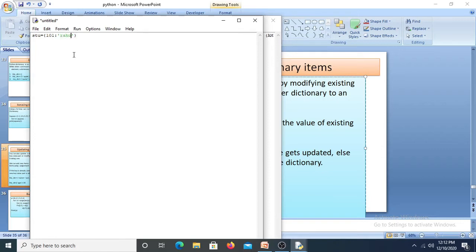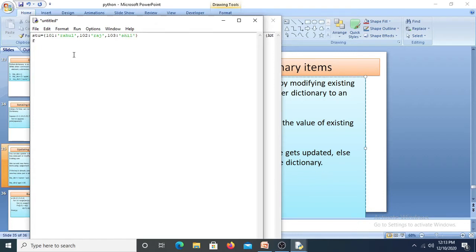I'll use it as Rahul here. Next, I'll take 102. Let me take it as Raj. Next, 103. Anil we'll take as the answer, right?